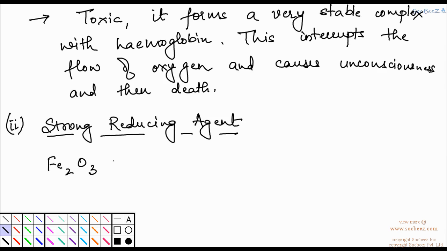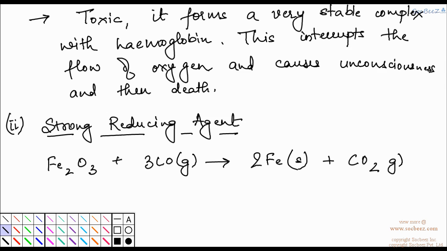Fe2O3, when reacted with carbon monoxide gas, the iron must be reduced. Iron is reduced to elemental iron, and carbon monoxide reduces it and itself gets oxidized to carbon dioxide. So this is the reaction which shows how the oxidation and reduction is